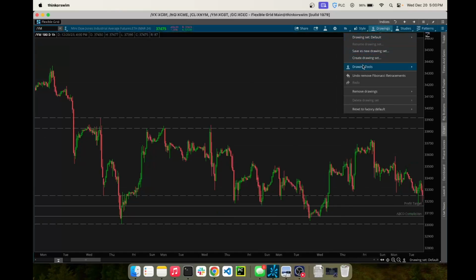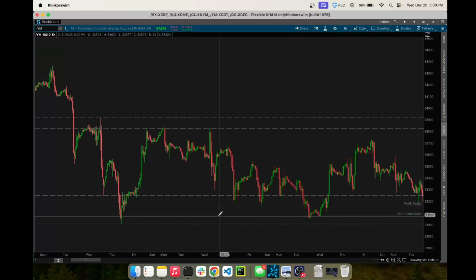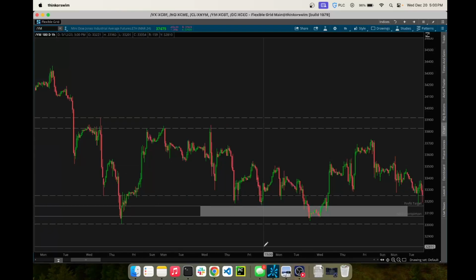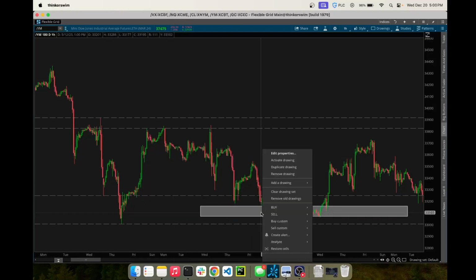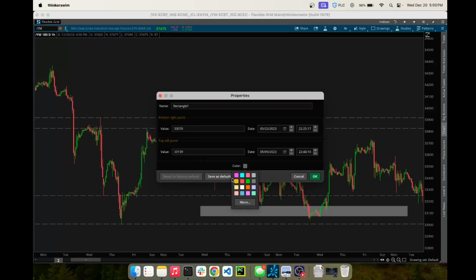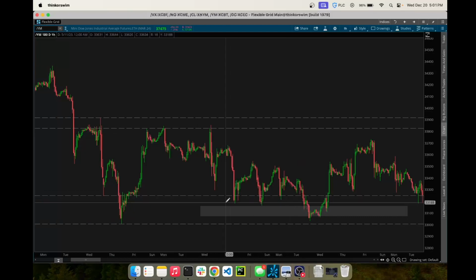So now what this gives us looking through is that this zone, it's not a change control zone. It's not a supply and demand zone. It's a zone built out by identifying ABCD and fib completions. So what do you do with that? Well, if you take these out and you make this sit very closely to the color of your chart, you can really just look at this as a potential reversal